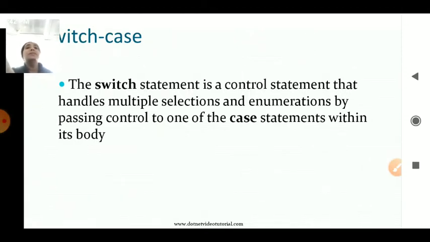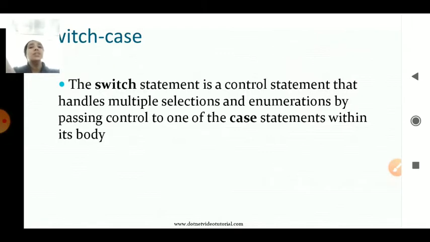You can include multiple switch cases in a single statement. Multiple switch cases means you can have multiple cases. If one case is not there, you can select another case. If that case doesn't respond to the condition, it moves to the next case. So it has multiple selections within the case, or you can have an enumerated statement within the switch case.